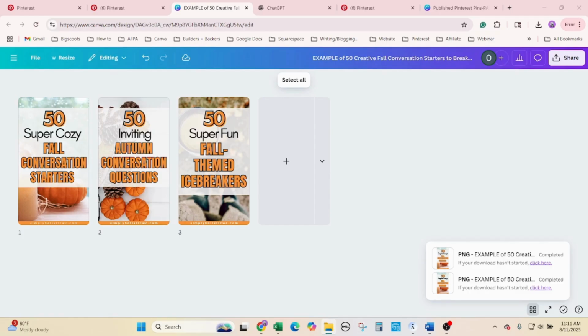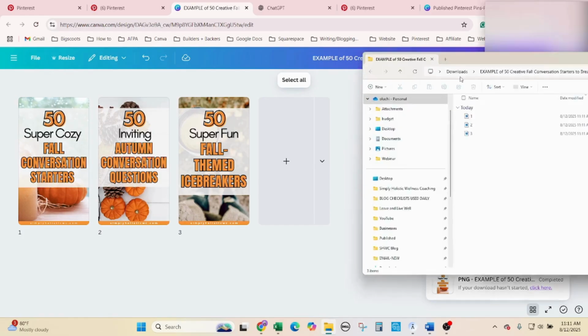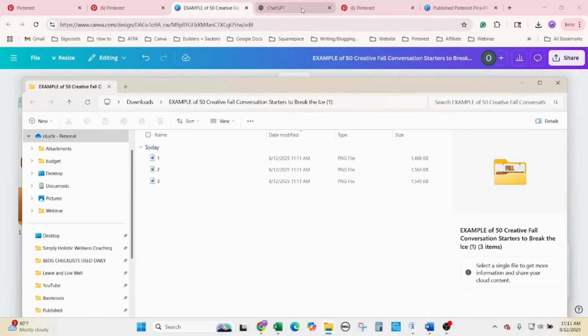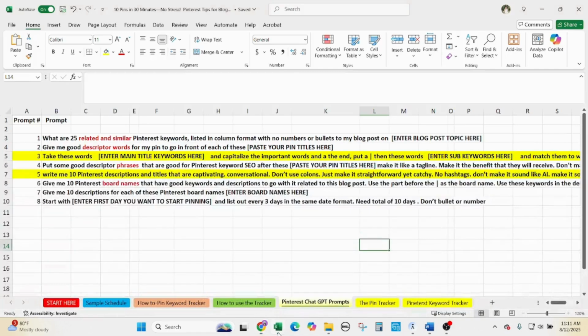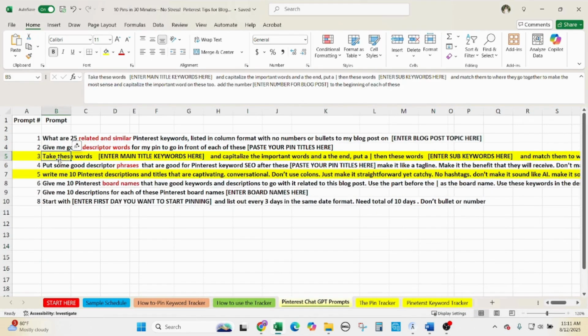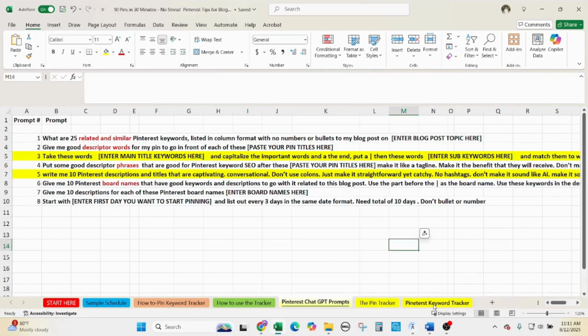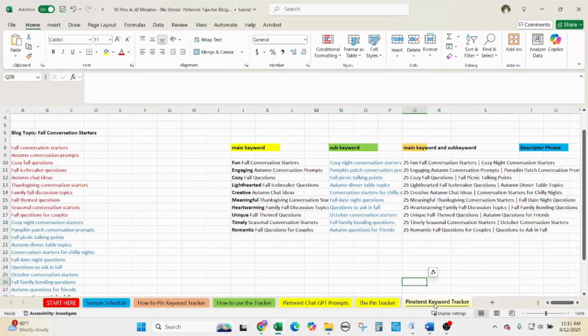Okay, so now I'm going to open ChatGPT, and I'm going to open my ChatGPT prompts that I have pre-made, and that will help me to generate SEO-friendly titles and descriptions for my pins fast. And for the sake of this tutorial, I've already come up with keywords that I'm going to use for the titles and descriptions here, but if you need help with that, I've linked a video below where I walk through